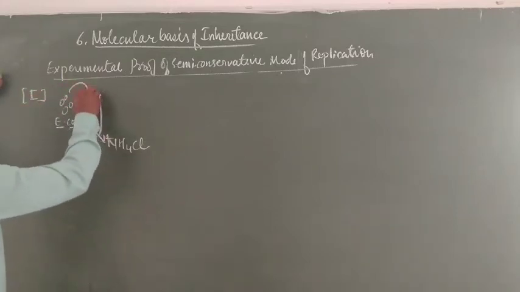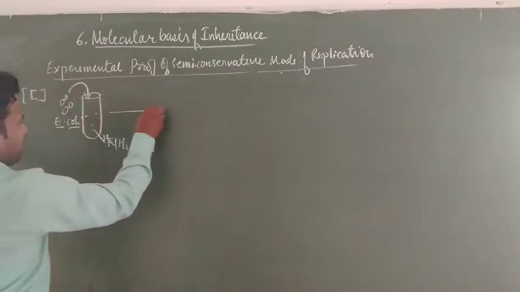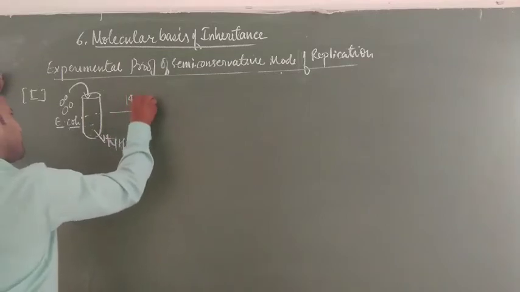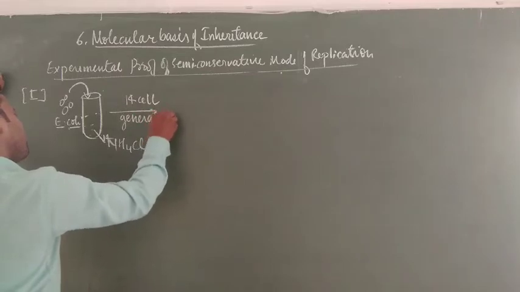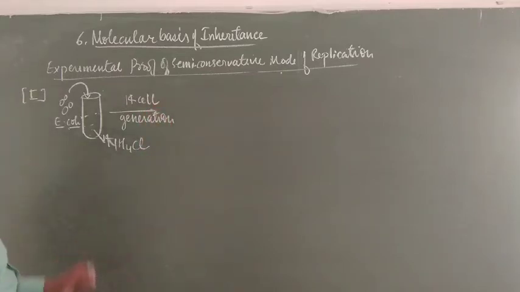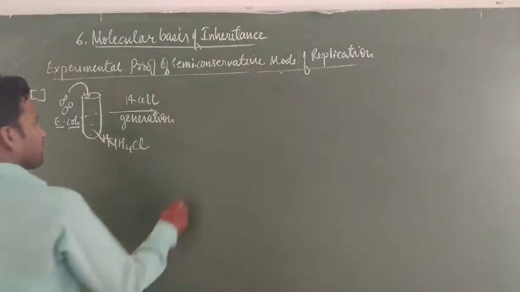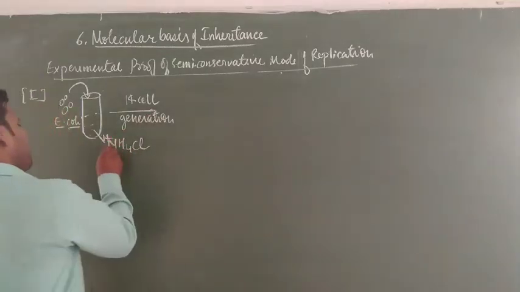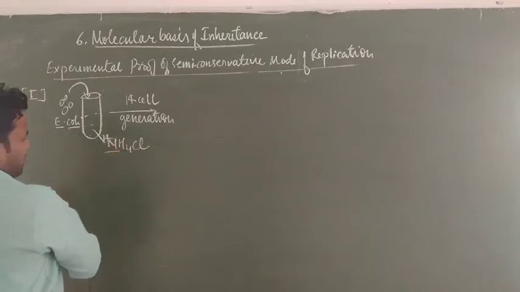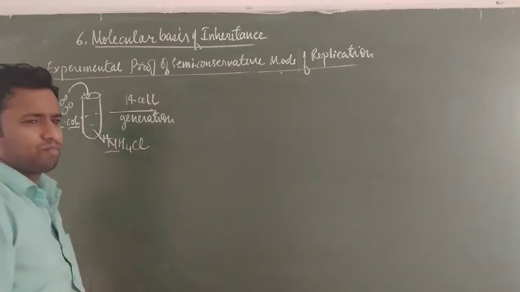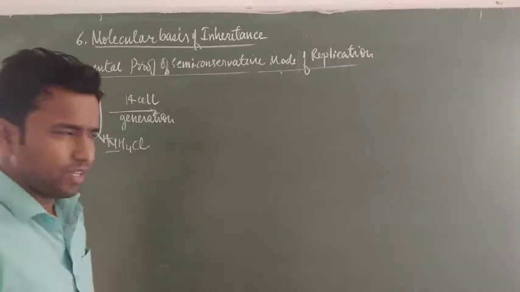They add it into the culture medium, and after 40 cell generations, the bacterial DNA is labeled with N14,